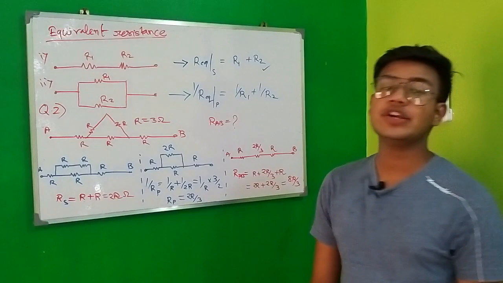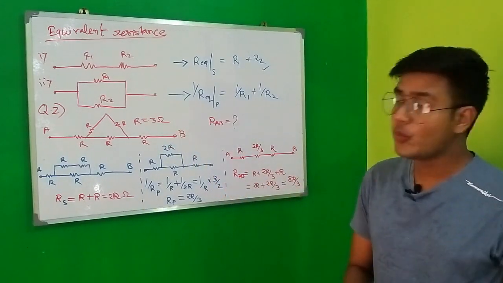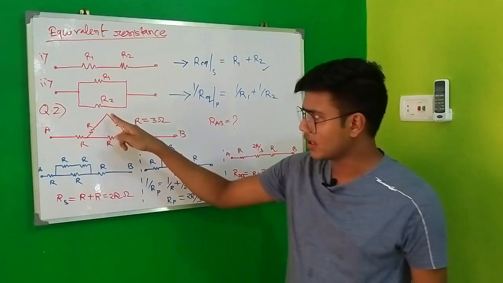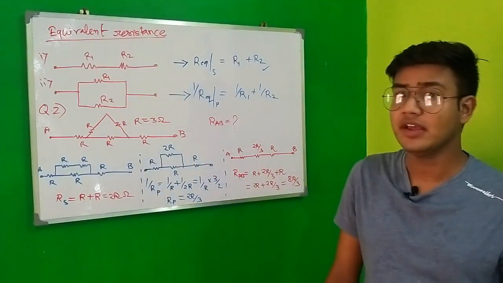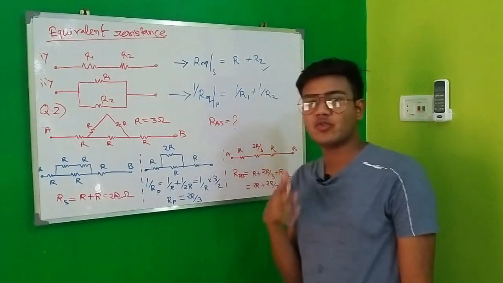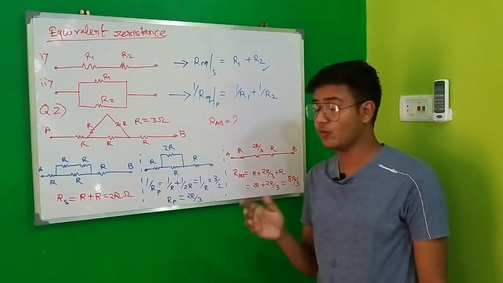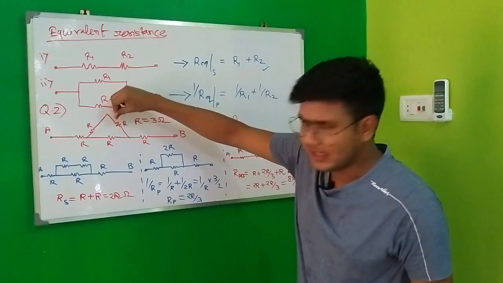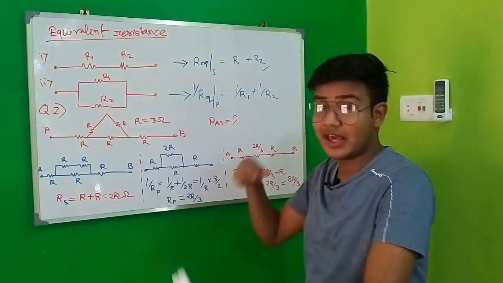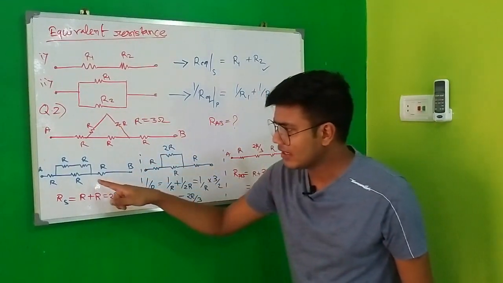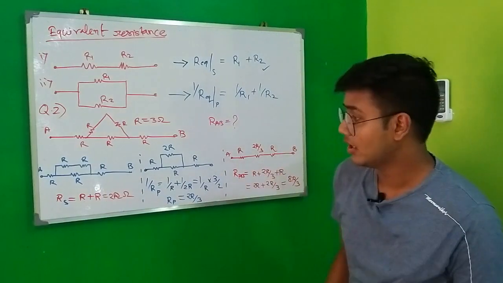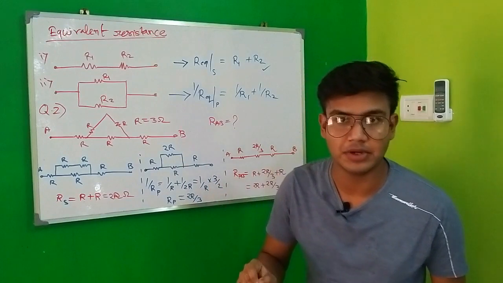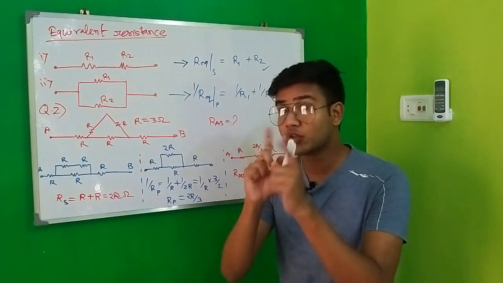Alright, so the second question is given like this, where you can find that these 3 are quite okay, but this part is a little bit annoying. Why? We have to understand what kind of combination it is trying to give. If you press it a little bit, or stretch it like the previous one, you will get this type of combination, where the upper two are in series combination. So let's solve those two first.